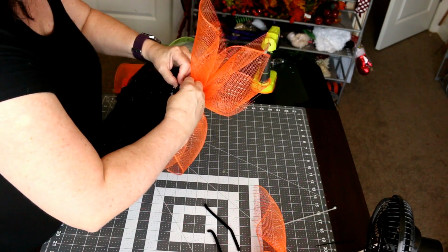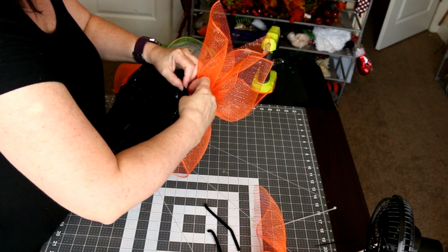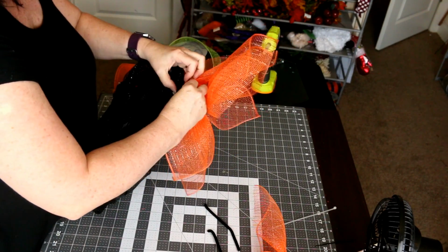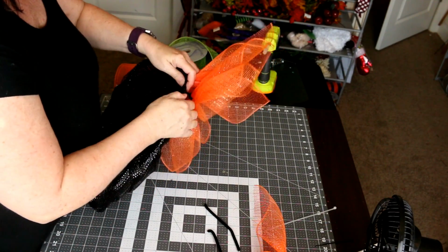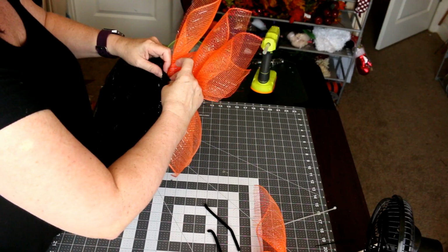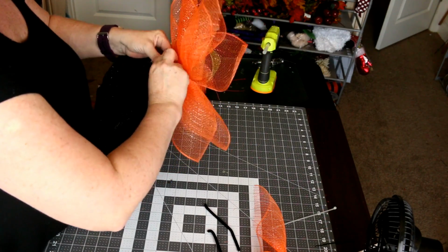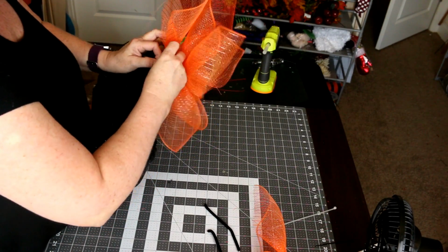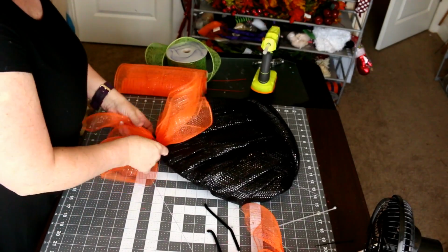I'm just kind of sticking it through so that I can get it around that wire frame. It can be a little bit of a challenge to get it through the mesh, but it will go through. So just kind of work with it. It'll come through. There we go. Okay. Like that. So now we have,